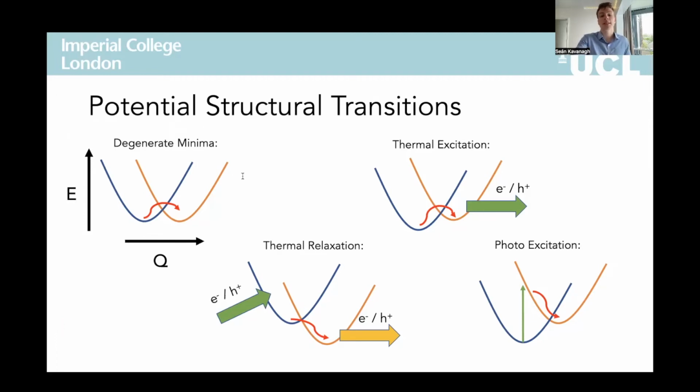Another possibility is that we could have fast charge capture into a metastable arrangement, which can then undergo some form of internal conversion to the ground state, again with a rate depending on the energy barrier, and then we could have slow or fast capture out of this state. So this extra step here could act to either catalyze or impede the overall recombination cycle. And this is the case that is featured in the papers shown on the previous slide